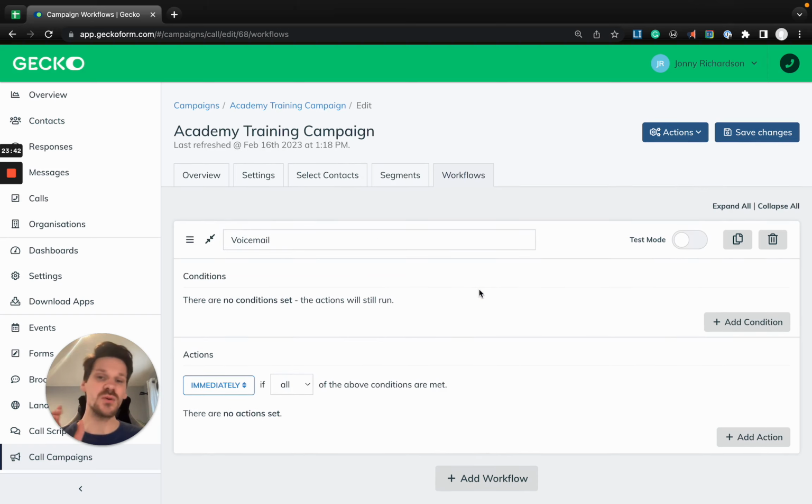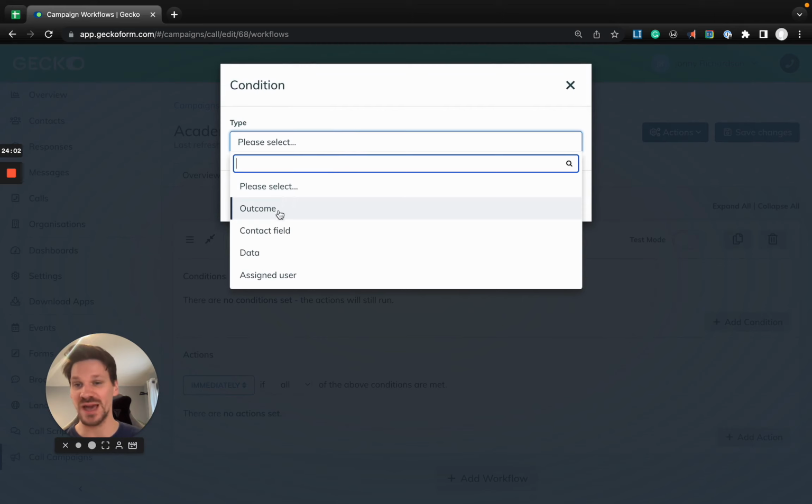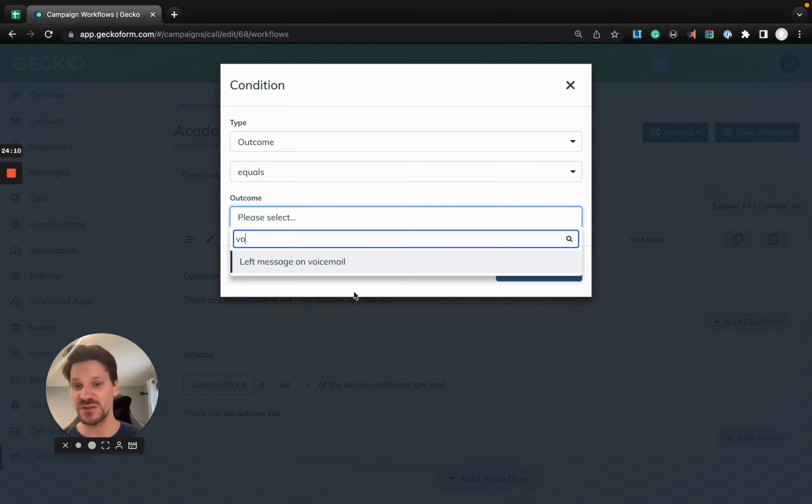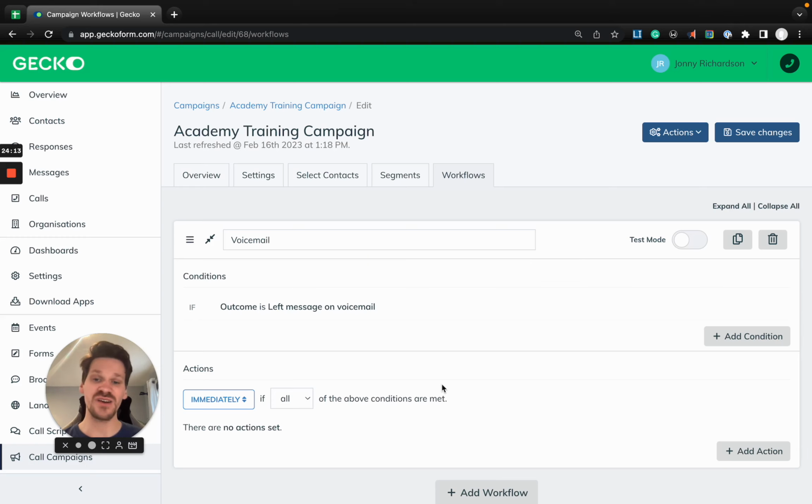Now, the way workflows work, not only in call campaigns, but across Gecko, is by effectively looking out for conditions, looking out for certain things to take place. And if those conditions take place, what do we want to happen? What actions do we want to run and when? So in our example, maybe one of the conditions we want to create is if the outcome, remember the outcomes to the call, if the outcome is equal to left a voicemail, then rather than having our call agents have to worry themselves with sending a text or sending an email or writing a note on the contact record, we just want Gecko to immediately send an